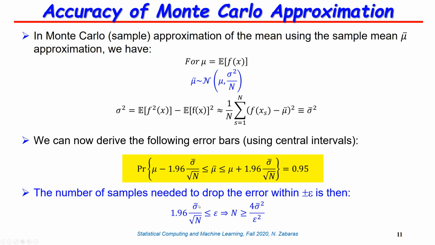So once you have computed your empirical standard deviation, you want this error to be less than some value epsilon. So n has to be greater than 4 times sigma squared over epsilon squared, where again, this sigma bar squared is your empirical variance that you compute from your samples. So again, the central limit theorem here is very useful in computing this sort of confidence intervals, and also figuring out the number of samples that you need to approximate things with samples as accurately as you wish.